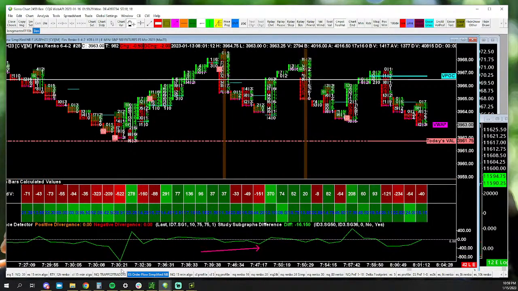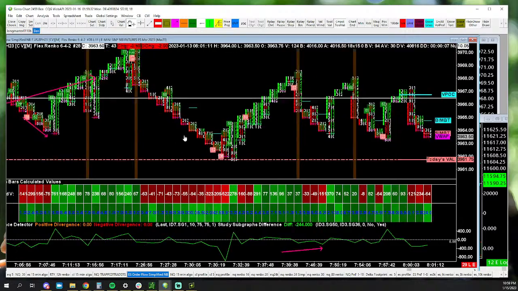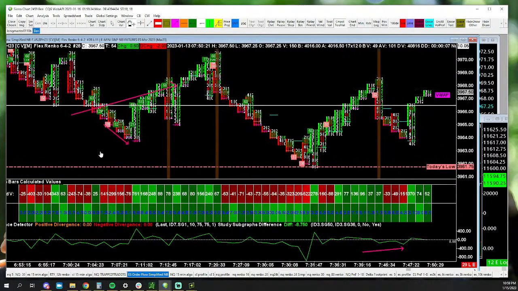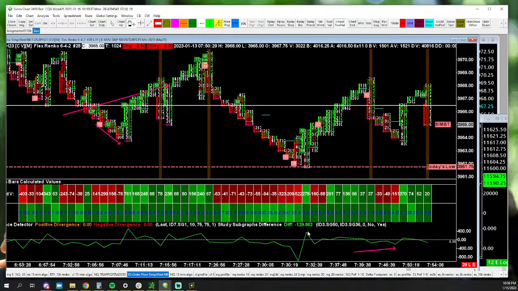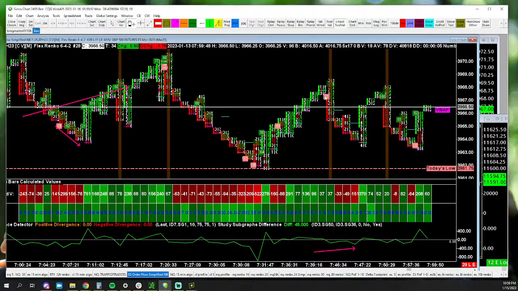Now in retrospect, it's obviously going to look like accumulation down here, but we knew that was potentially the case when we had that hidden divergent low right at that level. We said, okay, if they broke it down here, and they take it back and hold it, it's good. Well, they took it back, they lost it. They took it back, they lost it, right?